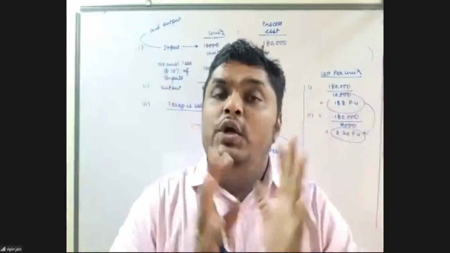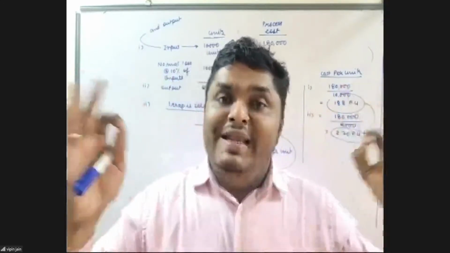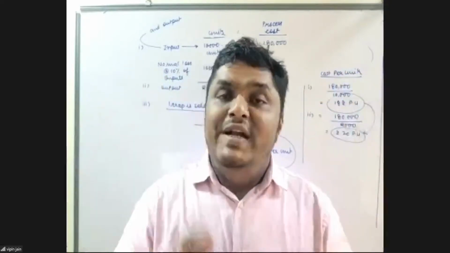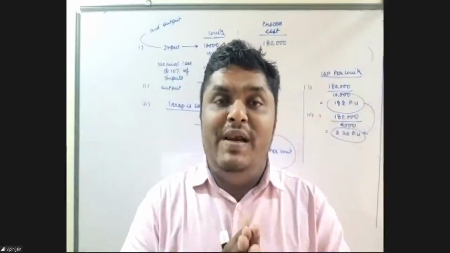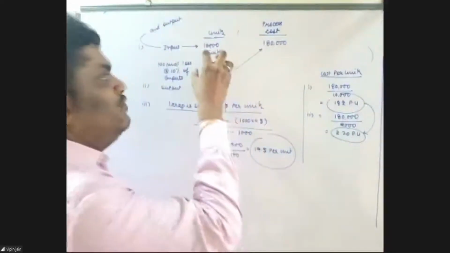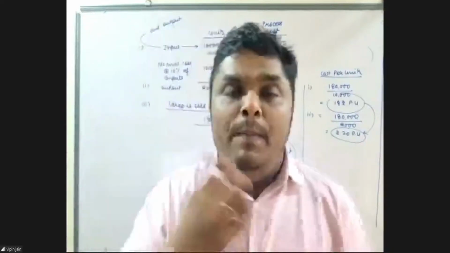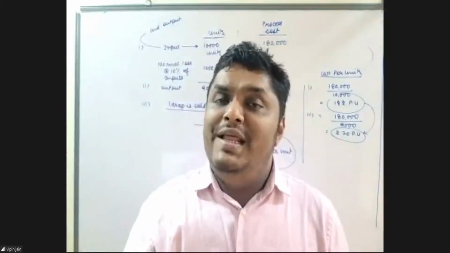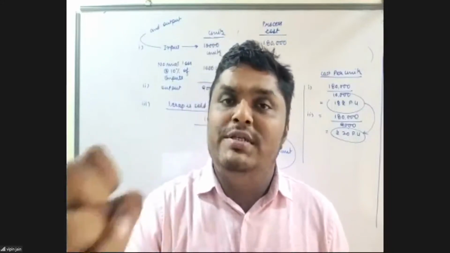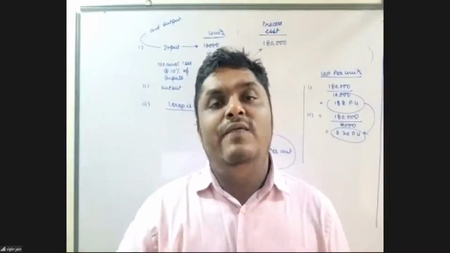So very simple. Due to the nature of the product or production process, the loss that is bound to happen is normal loss. It cannot be avoided. It is predicted by management well in advance. Now, when talking about the treatment of normal loss, very simple, guys. The cost of normal loss is to be absorbed by good units. तो ये जो 1000 यूनिट्स का लॉस है, ये रिमेनिंग 9000 यूनिट्स क्या कर लेंगे? अब्सॉर्ब कर लेंगे. If any scrap value is realized on sale of scrap, then it will be reduced